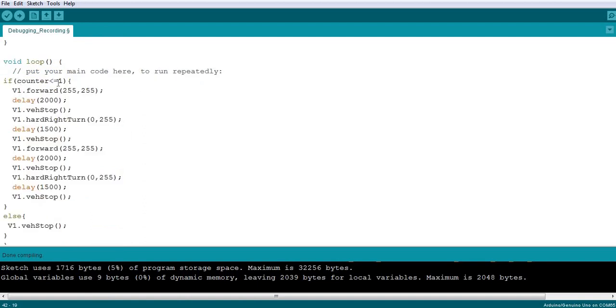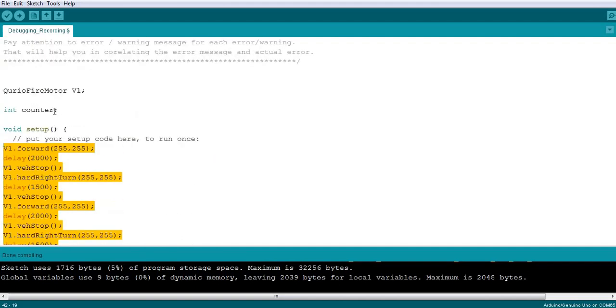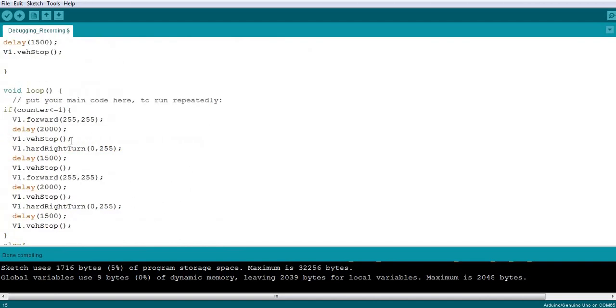Now here, if counter is less than or equal to 1, but what is the value of counter? We have not defined it. So which means I need to first define the value of counter. So I can do it here, counter equal to 0. So I am defining the value of counter. Counter starts at 0 and it will perform action when counter is 0 or counter is 1. So 2 times. So this thing is going to get repeated 2 times.